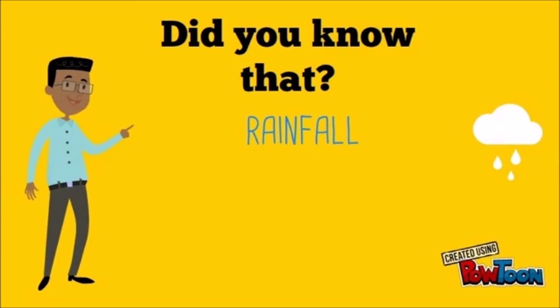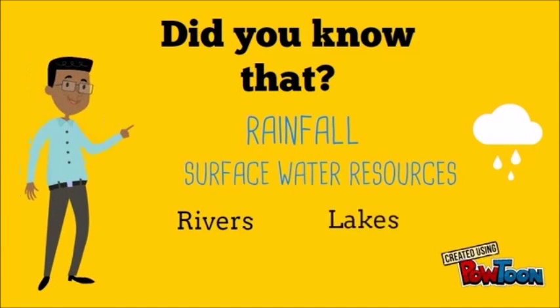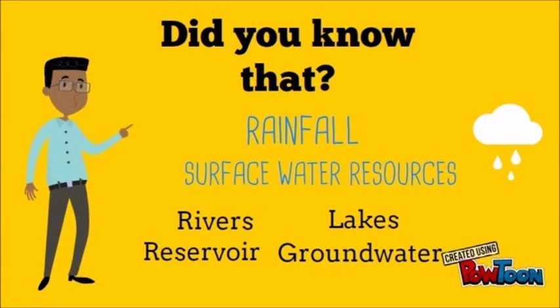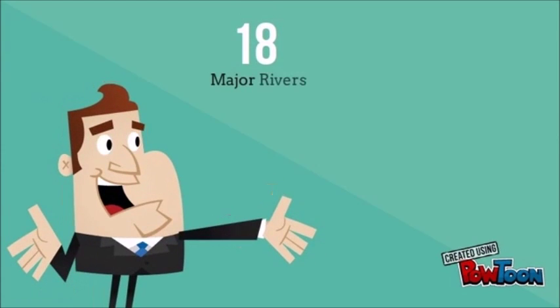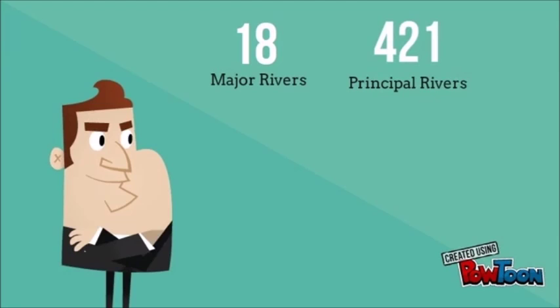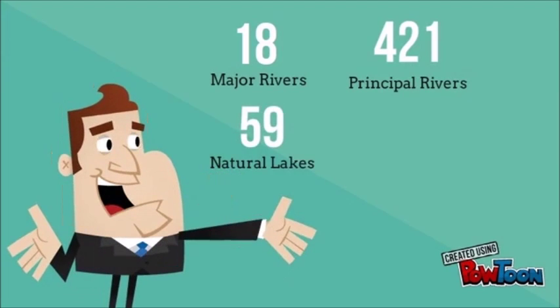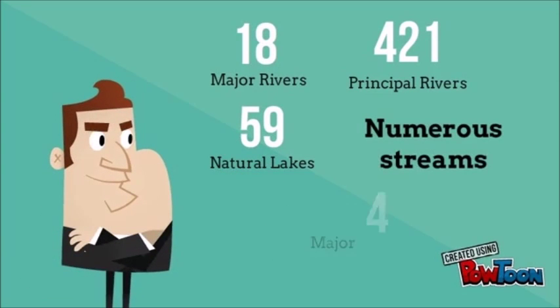These include rainfall, surface water resources, rivers, lakes, reservoirs, and groundwater resources. In fact, our country has about 18 major river basins, 421 principal rivers, with drainage areas ranging from 40 to 25,469 square kilometers, 59 natural lakes, numerous individual streams, and 4 major groundwater reservoirs, whose areas range from 6,000 to 10,200 square kilometers, which, when combined with other smaller reservoirs identified, would aggregate to an area of about 50,000 square